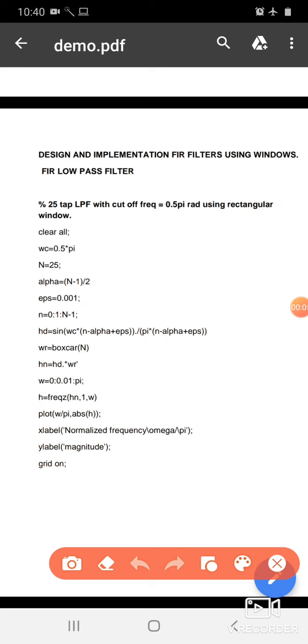Next program we are going to execute is based on FIR filter design. In this FIR filter design we are going to use a rectangular window function. The program here is based on the equation we require for the rectangular window function. Here we are going to use, in this case,